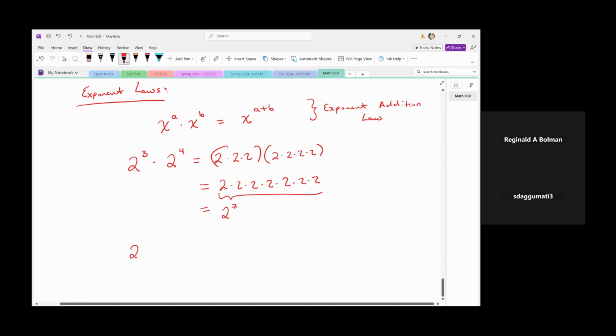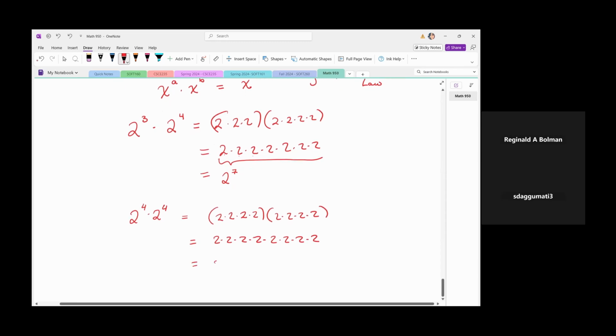Now, instead of raising this 2 to the third power, I could have raised it to the fourth power. And if I multiplied 2 to the fourth with 2 to the fourth, you'll see that nothing much really changes. Instead of having 3 sets of 2's multiplied with the 4 sets of 2's, now I've got 4 sets of 2's. And once I remove my parentheses in accordance with the associative law, I've got basically 8 2's all multiplied